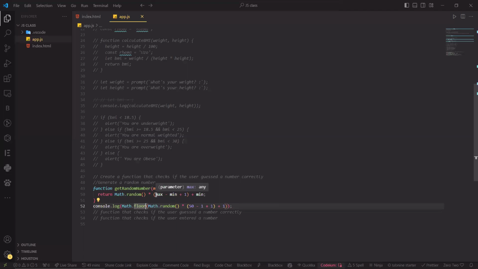This is the maximum value the user can guess and the minimum value the user can guess. Do you understand? Let's say this is a formula. You can keep this in a place in your notebook. This is a formula to generate a random number. So what we'll do here, we'll get rid of this. Then we'll come here and say,